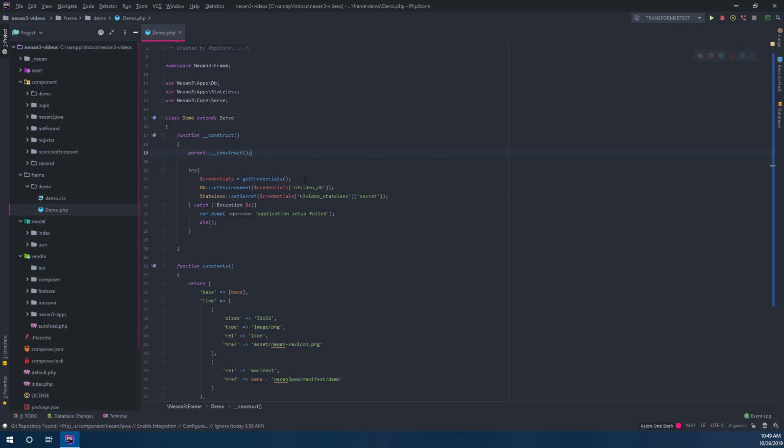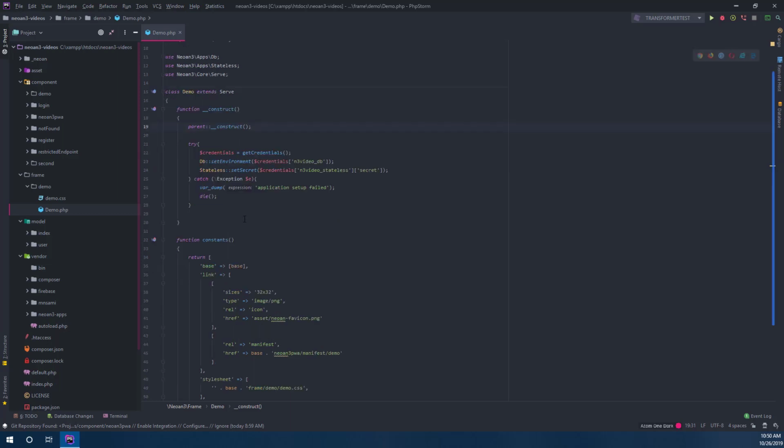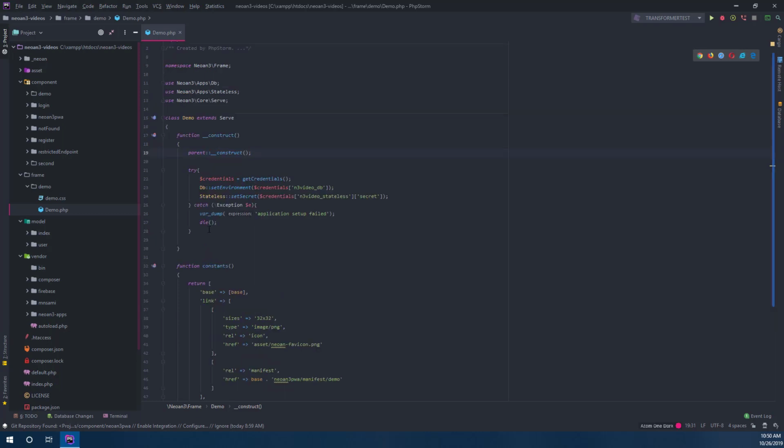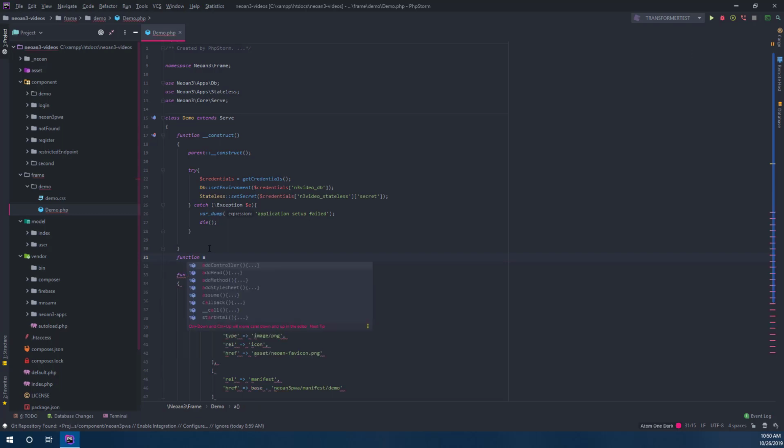So here I do my stuff. In that case, I get my credentials for the database and my stateless JWT secret, load that in just to make that available and initiate that whenever I load a frame. So what else could we do? Now we could say, okay, function, add, or something global. Say that's a function,